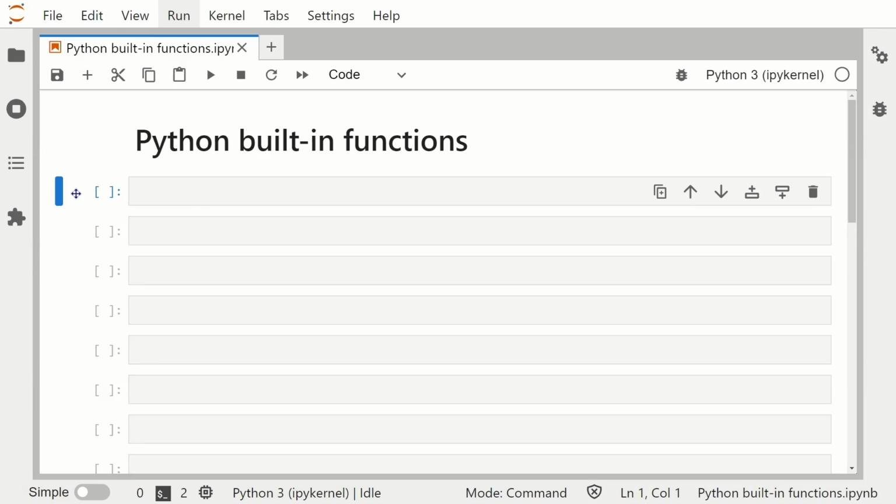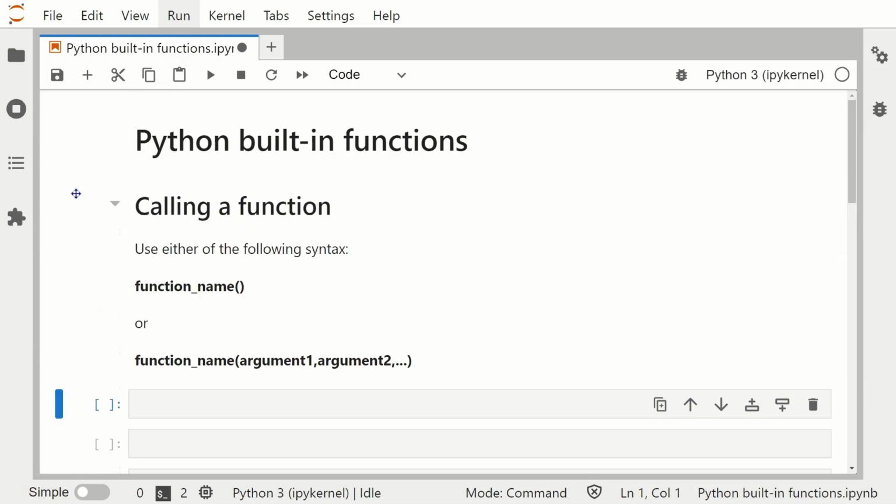So in this video, we will learn how to call and pass arguments to built-in functions. We'll also cover how to store the results in variables, and then lastly, we'll learn about methods. So without further ado, let's learn how to call functions.